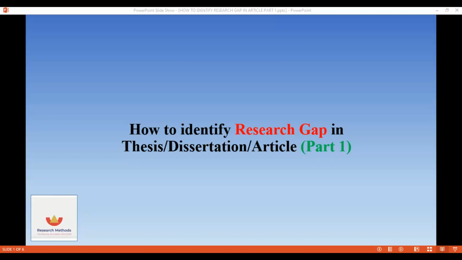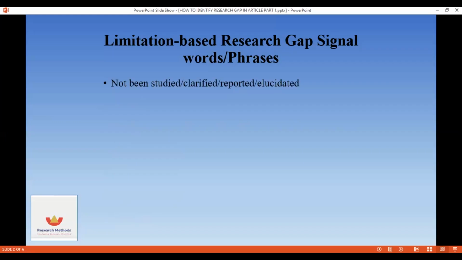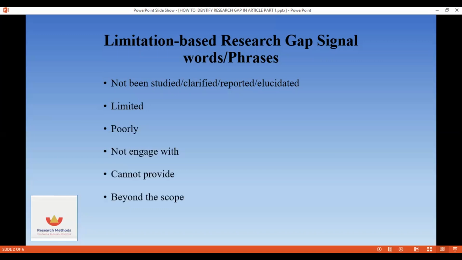In today's lecture, we will have a look at these limitation-based signal words. So let's start and become conversant with these indicators and make our journey to the research gap easier. Some authors use the words and phrases like not been studied, clarified, reported, or elucidated, limited, poorly, not engaged with, cannot provide, beyond the scope, based on to introduce the research gaps that are present